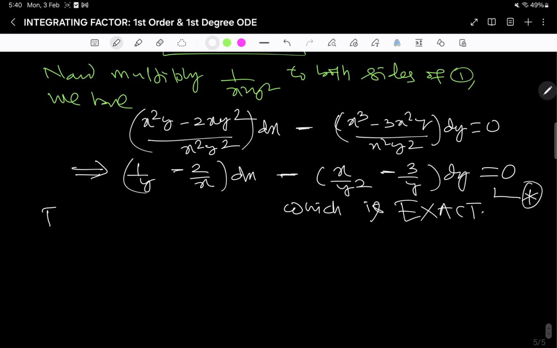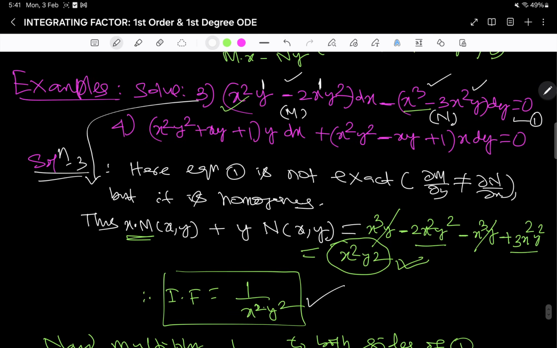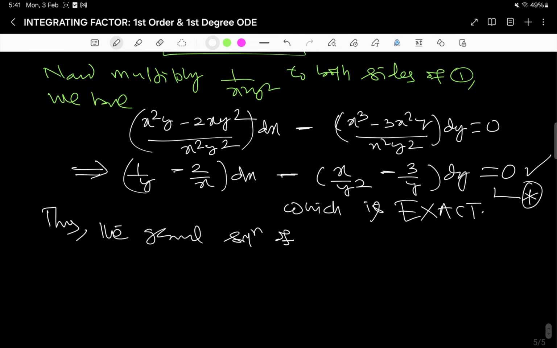Thus the general solution of star, or we may say the original one, the general solution of 1, or we may write star, is given by the integration of this